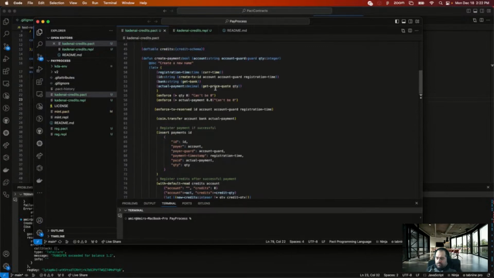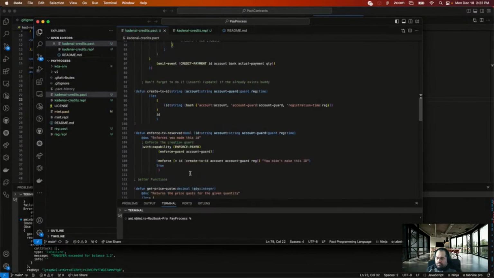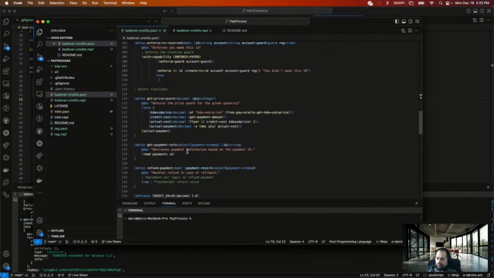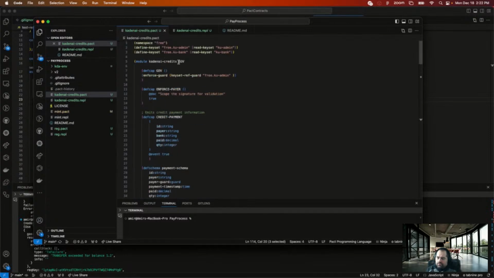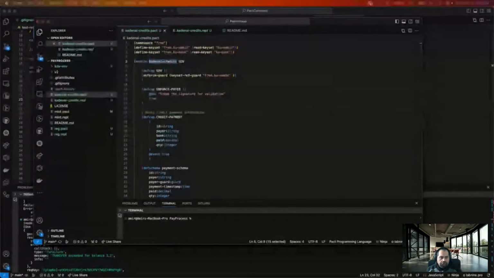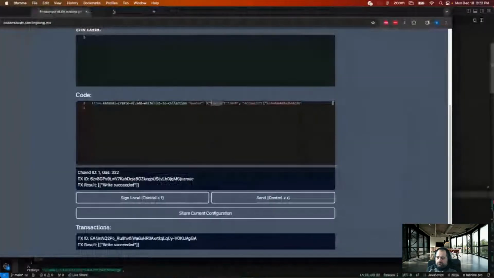So I made a create payment, create transaction, get price quote. So what's this contract called? Is this actually on testnet? I don't know.